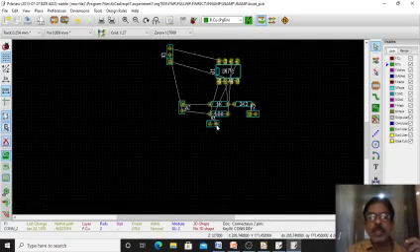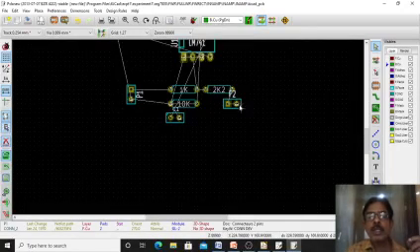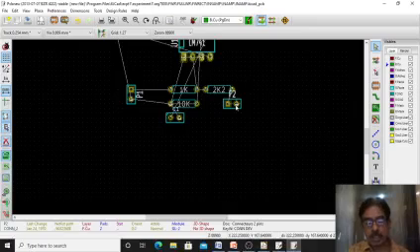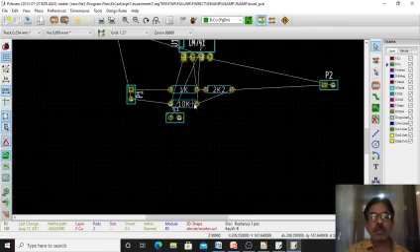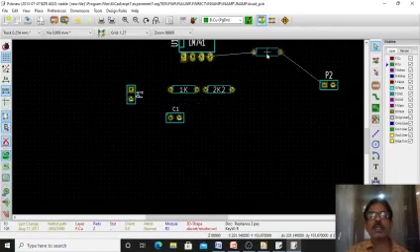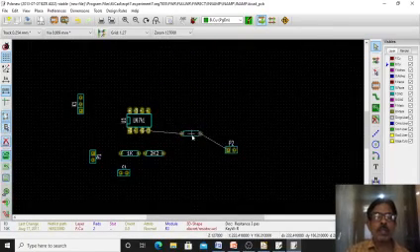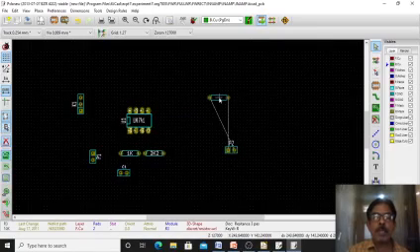Then P2, here is P2, it is at the output side. Let us move it for the time being. Next, the 10K is also at the output side. I will take this, and I will think about this later on.